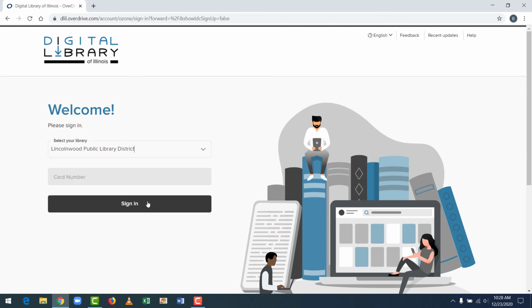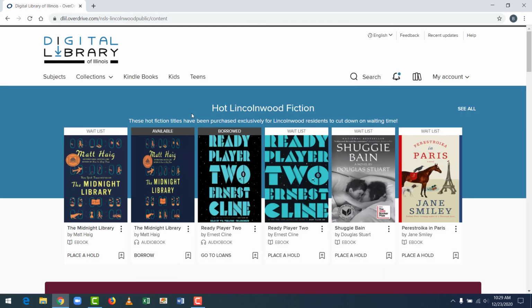So you browse through the list and find Lincolnwood. Then your library card number. You need your full library card, all the numbers, and no spaces. So you enter your library card and hit sign in. Then it loads a more specific version of the Digital Library of Illinois, where it recognizes that we are with